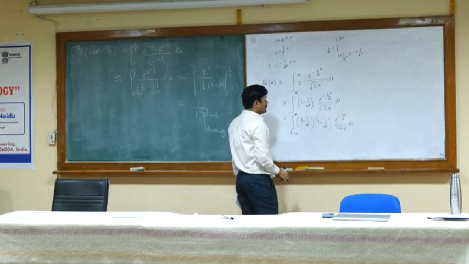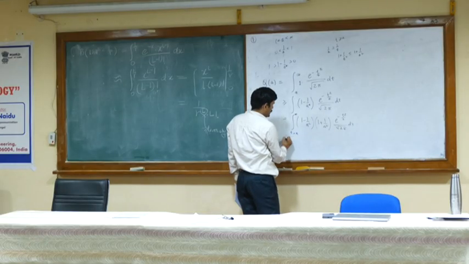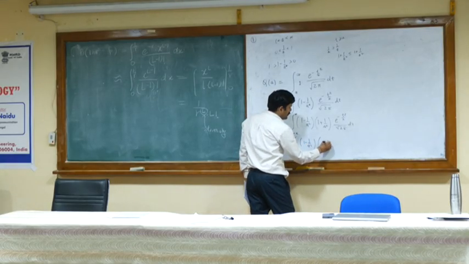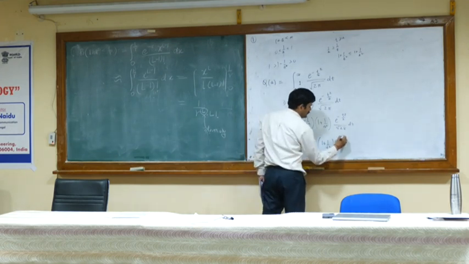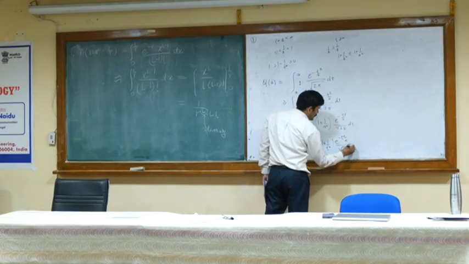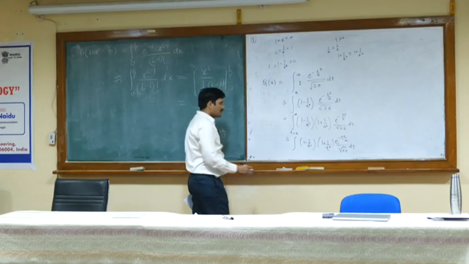Okay. So (1 plus 1 by a square) is greater than (1 minus 1 by a square)(1 plus 1 by t square) e to the power minus t square divided by 2, divided by square root of 2 pi, into dt. Okay. So this term